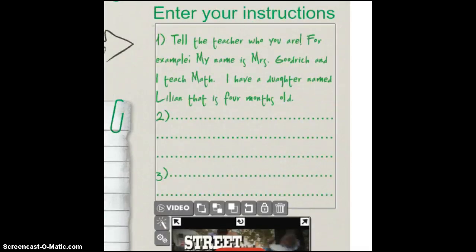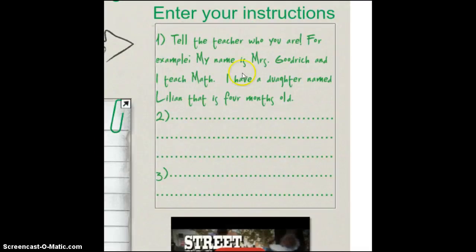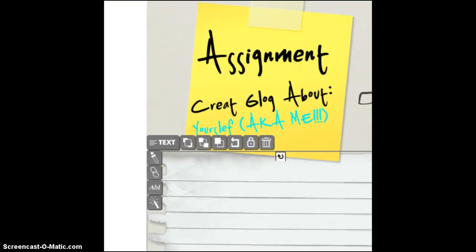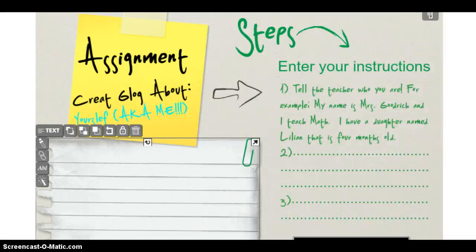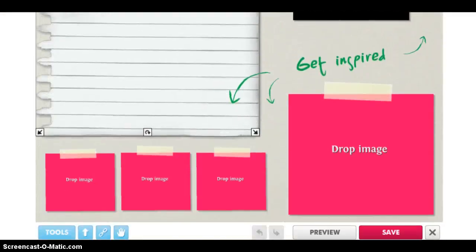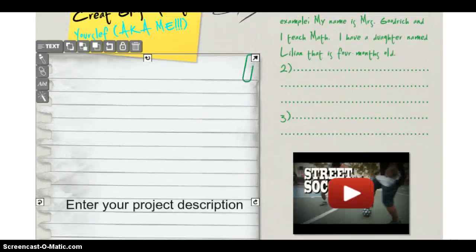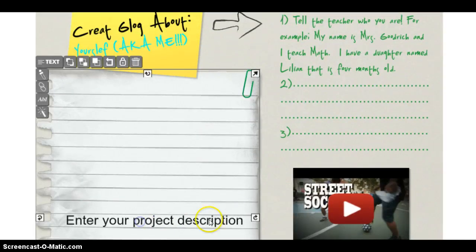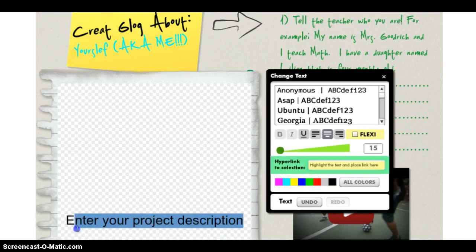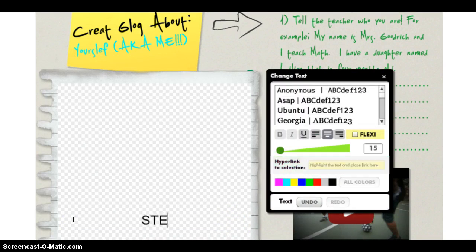And then, as you can see, it's pretty much just playing around with it. Let me make the screen a little bigger for you. Give me a second, I've got to pause it. As you can see, though, it's pretty easy to go around. And there's so much you can do with it. And as we get to use this with our project, your STEM project,